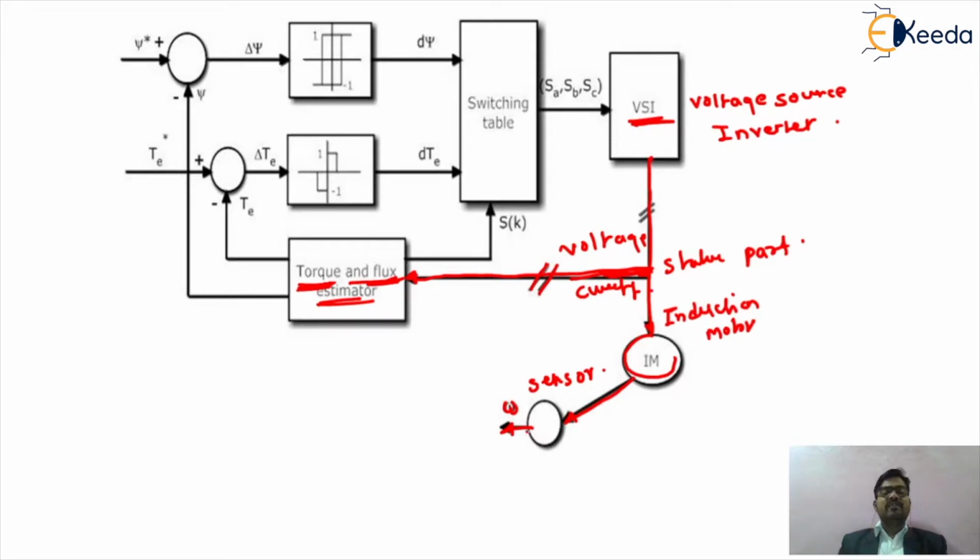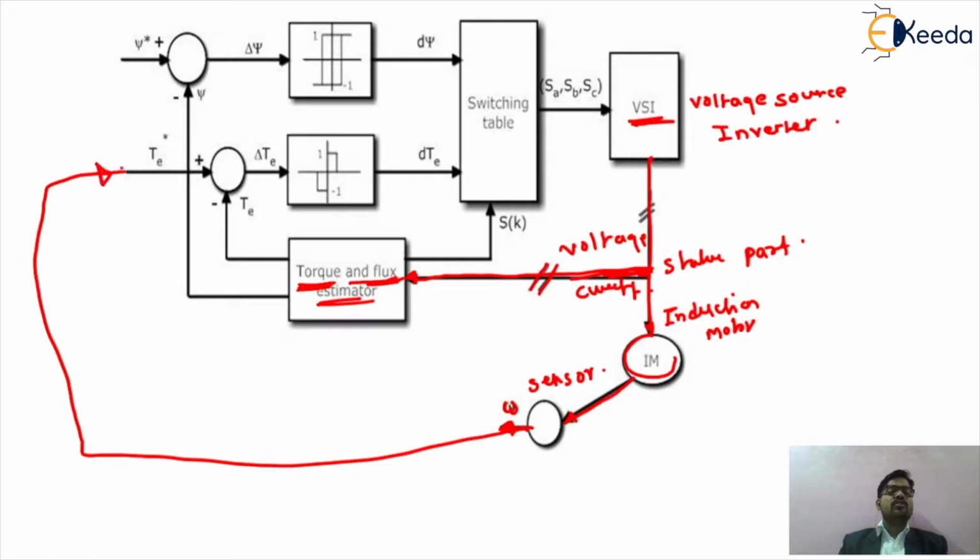Okay, so this reference value, the value of your speed, we now give to the torque control scheme. Before we go to that control, we are using one loop here, which is called the speed control loop. This is the speed control loop, because while we are selecting the reference value of your speed, we want to give it to your torque control loop. So we are giving the basic fundamental reference speed of your induction motor to your speed control loop.